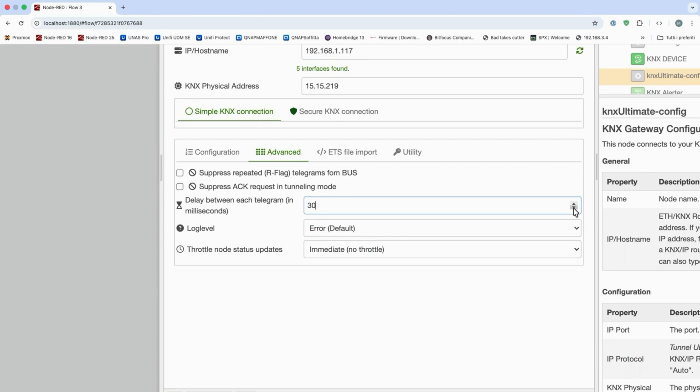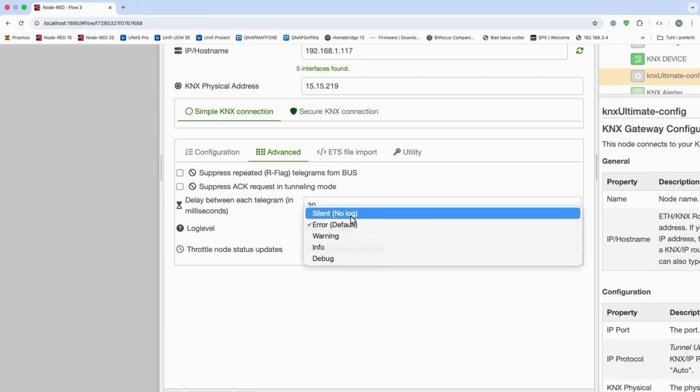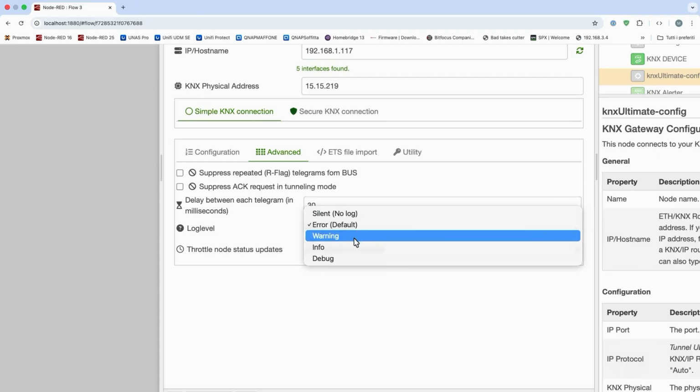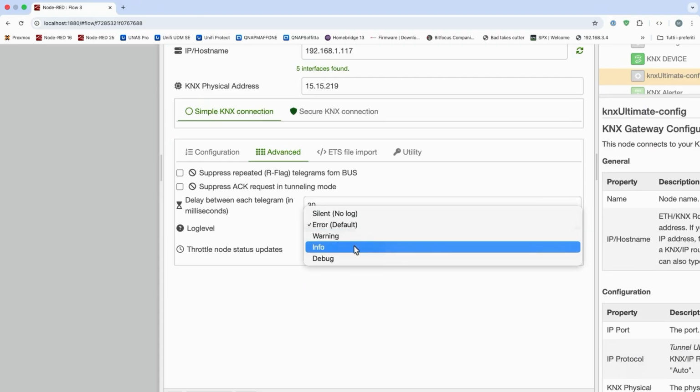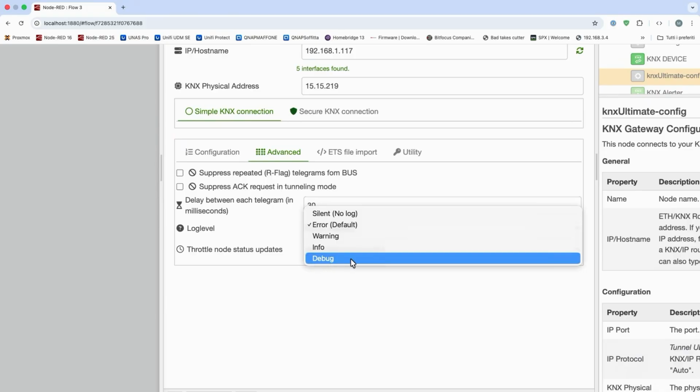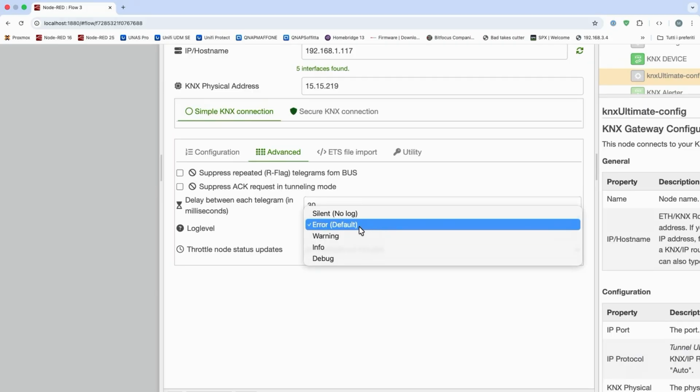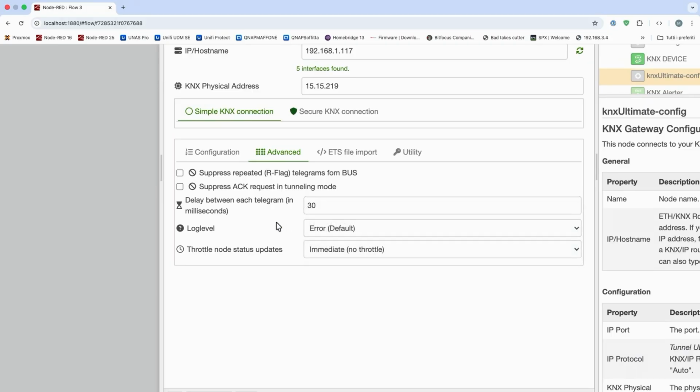And the log level: just set it to silent, not to log anything. Error, log only errors. Warning, information or debug. Debug is the maximum log possible. Usually leave on error by default.